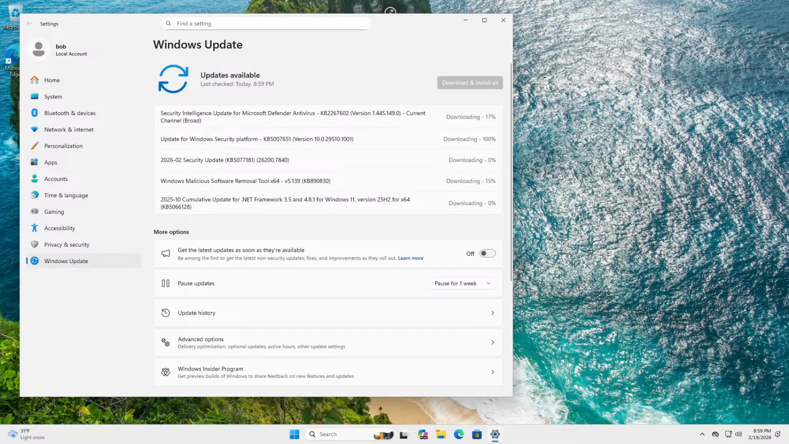All right, so it's downloading a few updates. Download the updates and then restart your computer. Then run the update again. Check for updates again. And then make sure